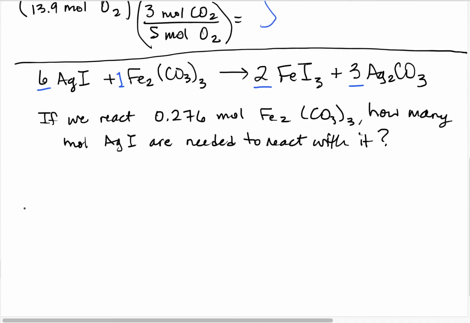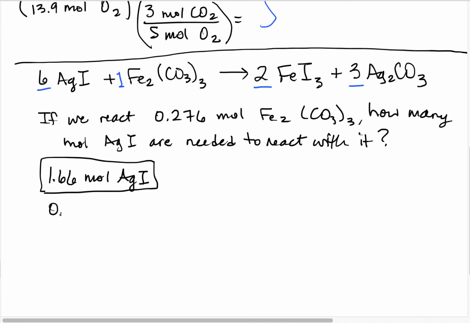Set the problem up, go ahead and pause the video and see if you can do this problem without me. All right, if you got 1.66 moles of AgI, then you've got it. Just in case some of you want me to show you,